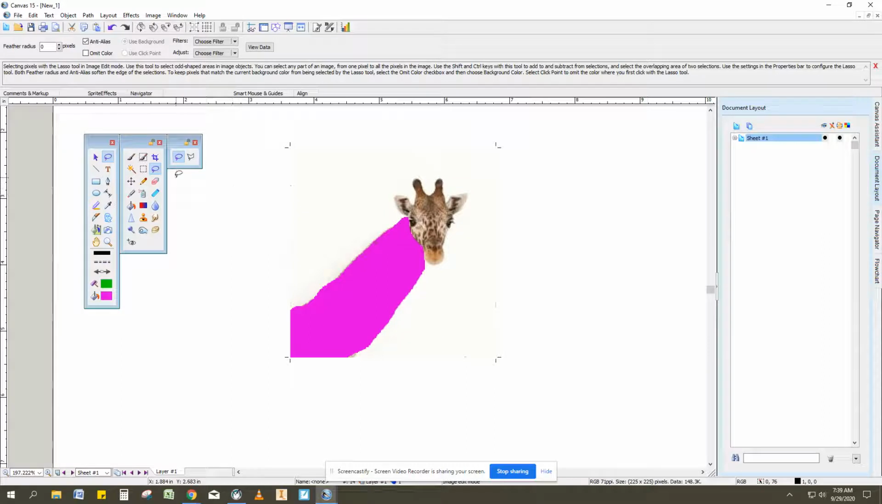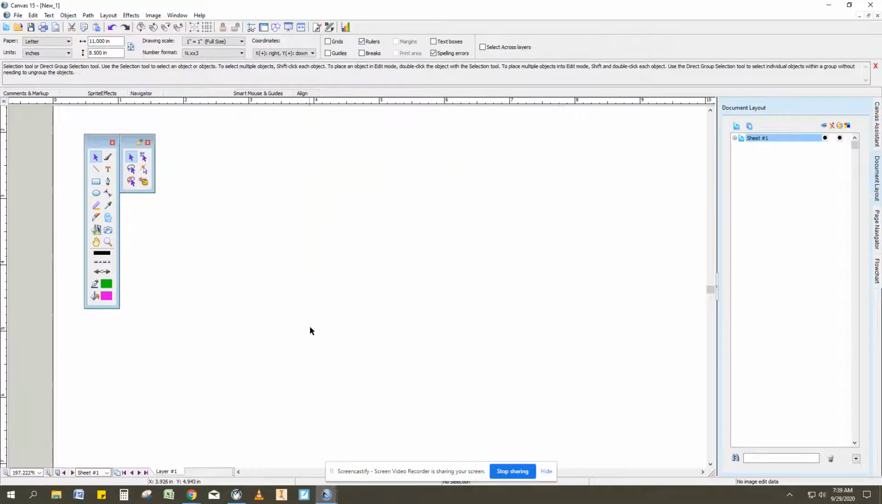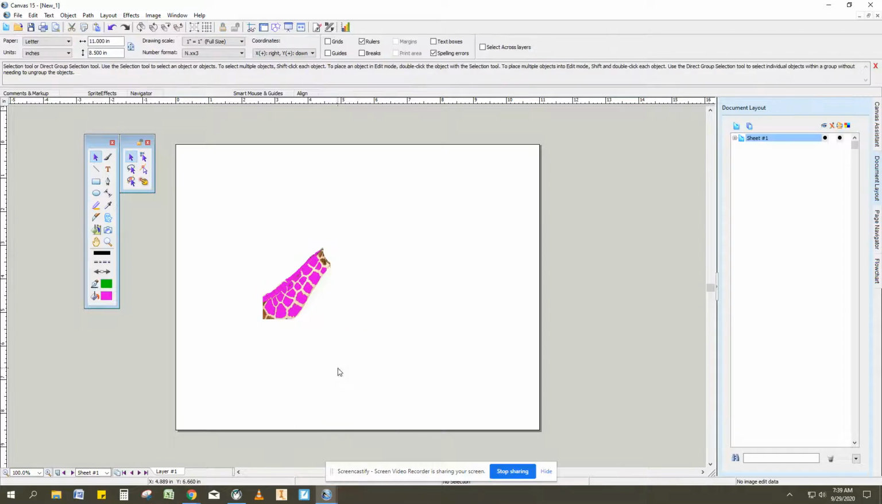The very next thing I do is click on my selection tool and then how it highlights my giraffe. Now I say, I'm done with you, and I hit delete. I'm going to right click and paste, and now I have my giraffe. Next,